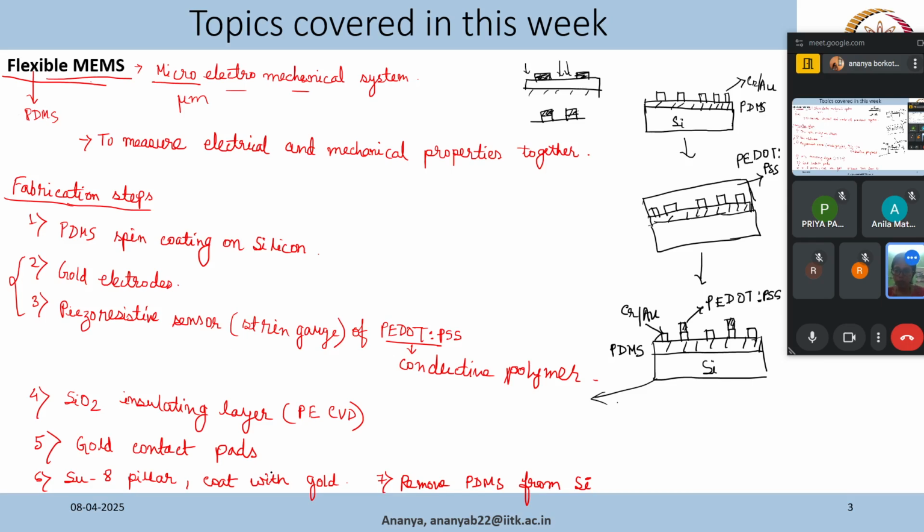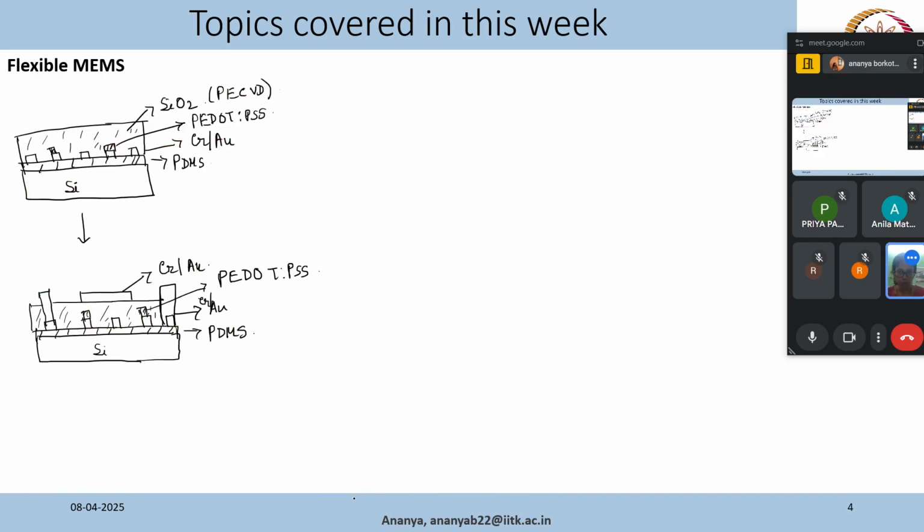Gold contact pads. Now we will make the SU8 pillar and coat it with gold to make our electrode. For that, we will coat everything with SU8. Again, we can use a spin coater, and it's a negative photoresist. We can usually spin coat it, and it's transparent, by the way. SU8 is transparent. After the spin coating we will make the pillar. We will again do another lithography, and then we will remove